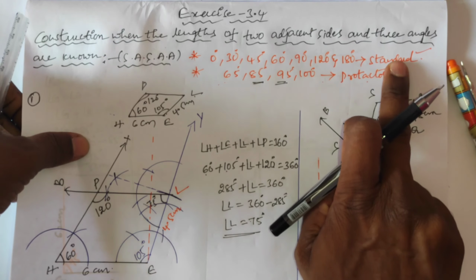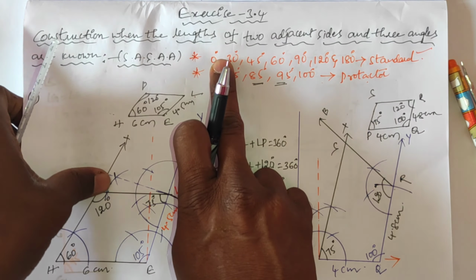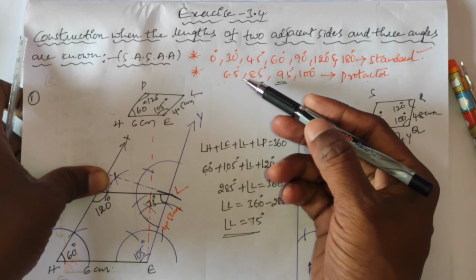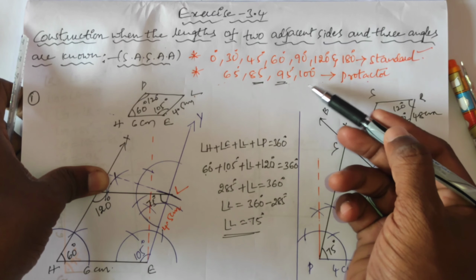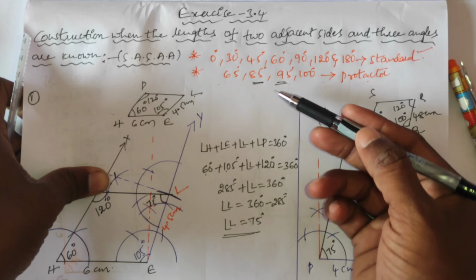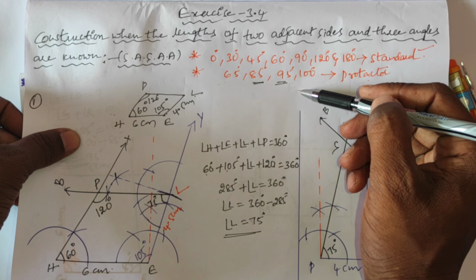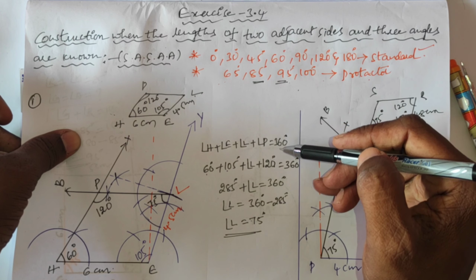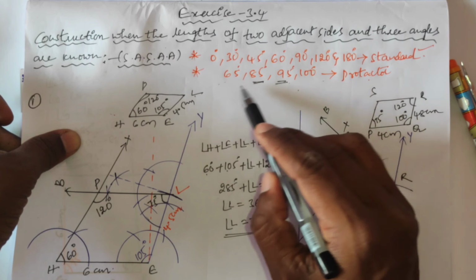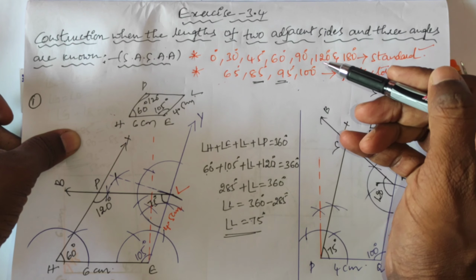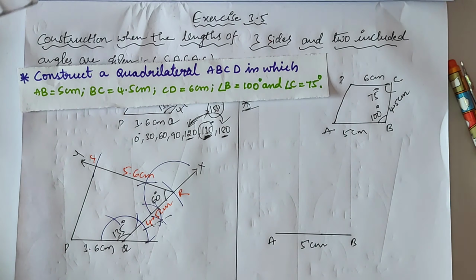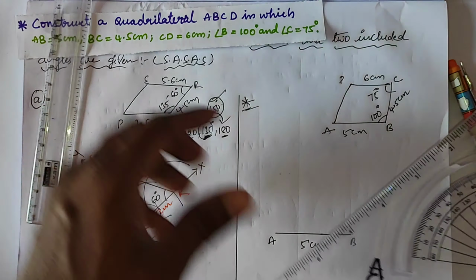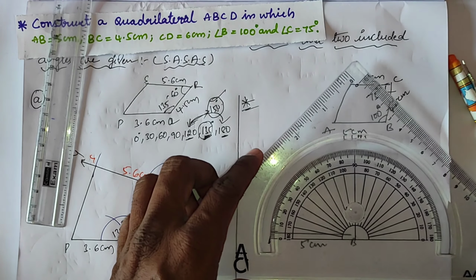Now once again we'll recall, we took some special angles in the previous class in exercise 3.4. We saw some standard angles, so we can draw these easily with a compass, right? For 65, 85, 95, like 100, we are using a protractor, because we'll feel some difficulty. But standard angles you must draw with a compass only. For these special angles we are going to use the protractor. Again here given as 100 degrees means I am considering the protractor to construct 100 degrees here.